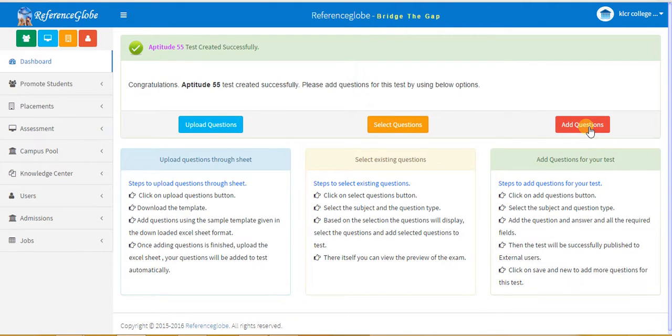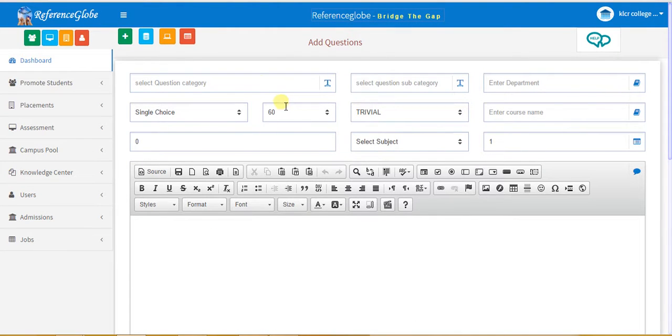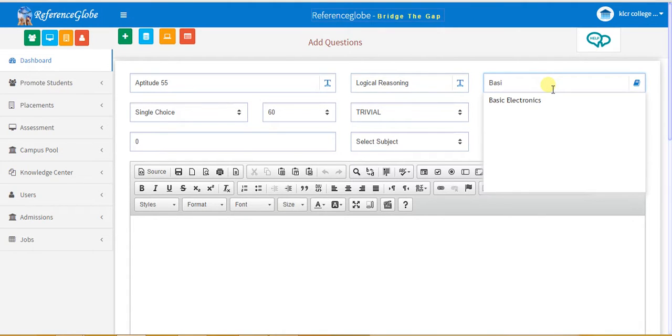let's see how we can add questions with figures. Just click on the button and you'll have this form to fill. We're adding questions to aptitude 55. Select question subcategory. We are adding the question to logical reasoning, then basic reasoning,